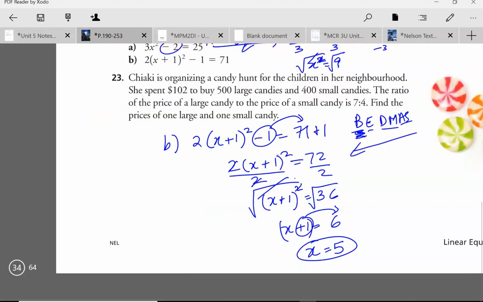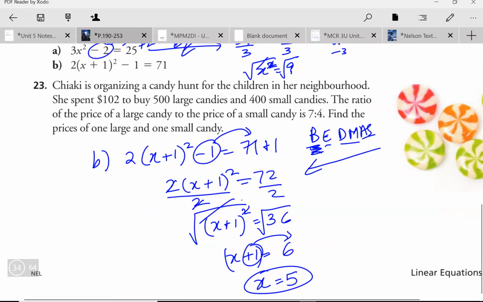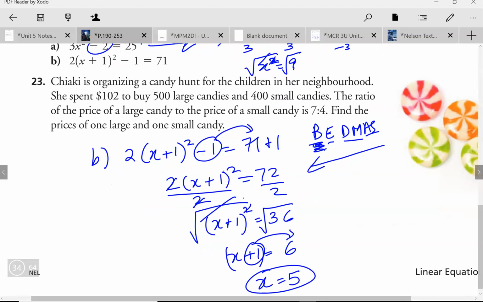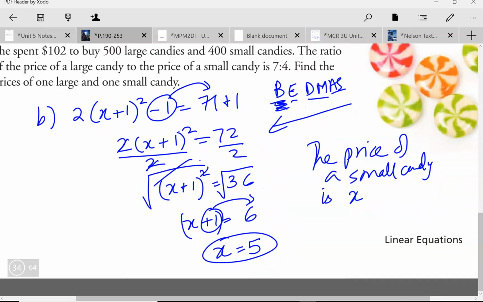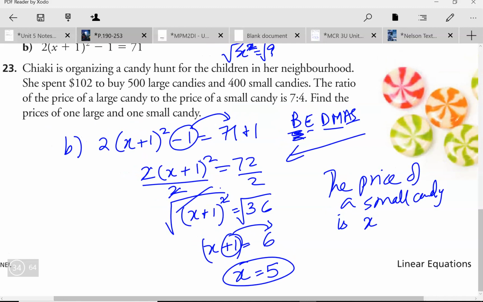So yeah, that was that. I don't know if we should try 23. It's getting to be a long video. 102, the ratio of a price. Okay, so we can say the price of a small candy is x. So the ratio of a price of a large candy to the price of a small candy is